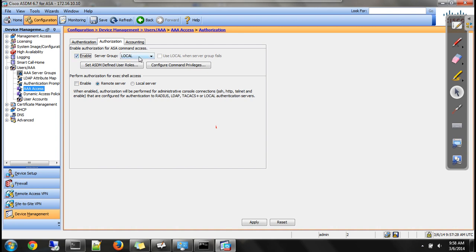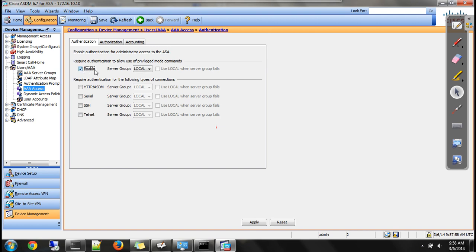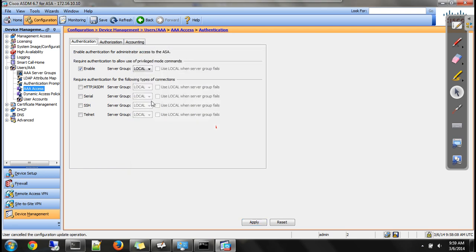Authorization, enable local, and under authentication, enable local. Before the command,